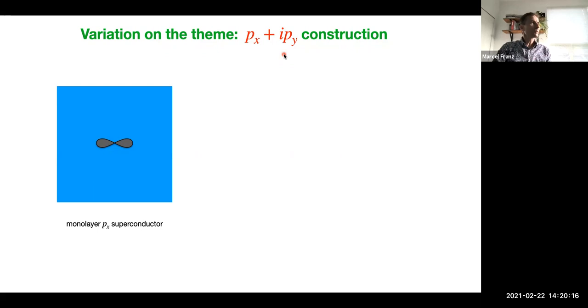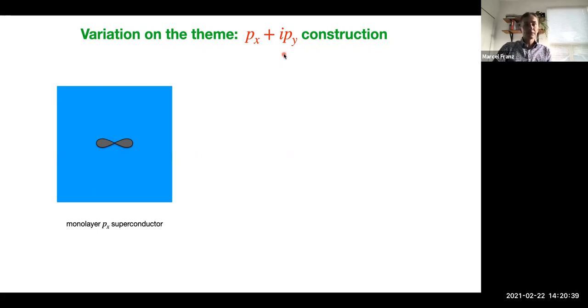This is even more interesting because it is also a topological superconductor, but in addition it has odd Chern number. P plus ip is predicted to have Chern number plus or minus 1, and